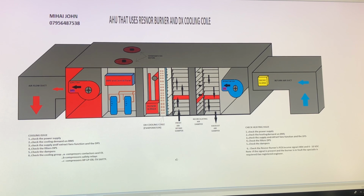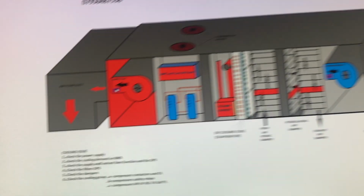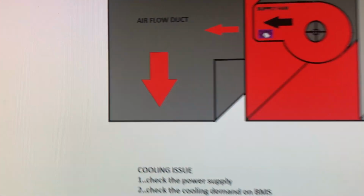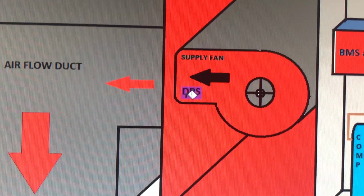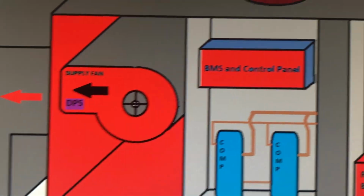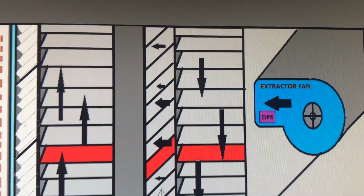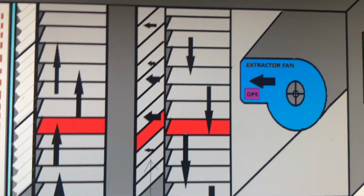Guys, one of the most important things which I didn't tell: when the building management control starts either the heating or the cooling, first it will assess these differential pressure switches we have here. And then I'm going to take this camera and come closer to this computer so you'll understand a little bit better what I'm talking about. As you will see here, the supply fan has a differential pressure switch. It's a DPS. So this DPS will send the information to the building management control. And also we have a differential pressure switch here, because the differential pressure switch is the only control that will tell us if the